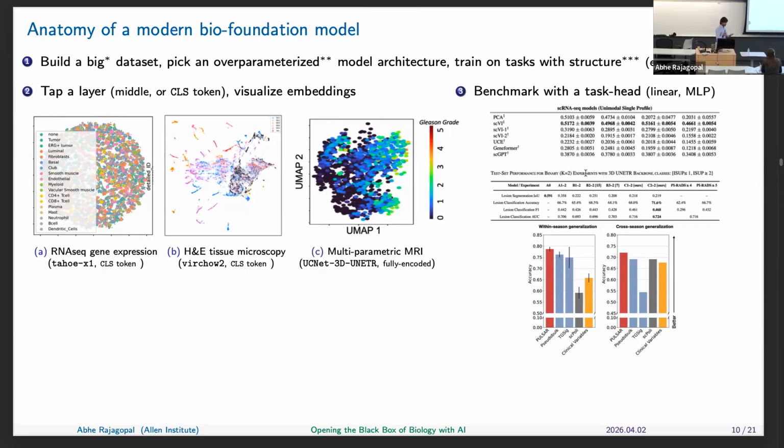And the way that's done today is by applying task heads to probe the accuracy of the model in essentially reconstructing or being able to predict these tasks. Cell type, let's say, or cancer grade, as an example. And so depending on the benchmark you use and how difficult that task is expected to be, you could argue about how good and bad it is.